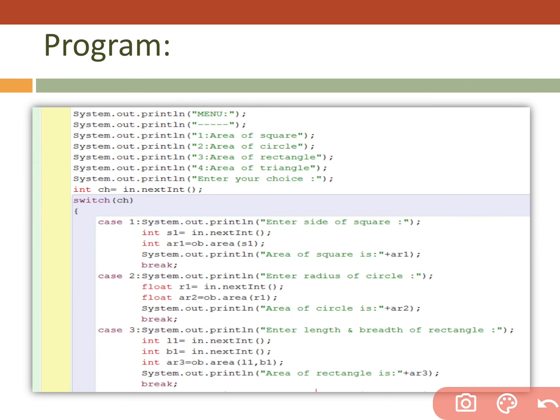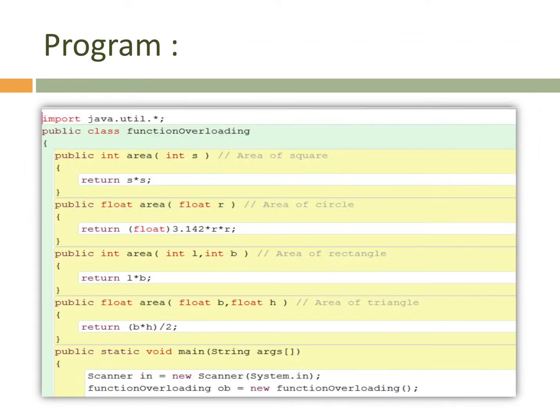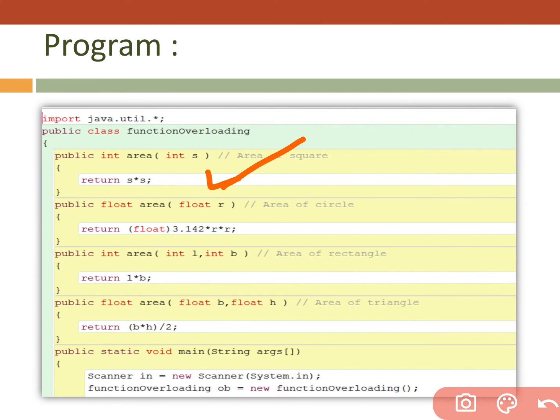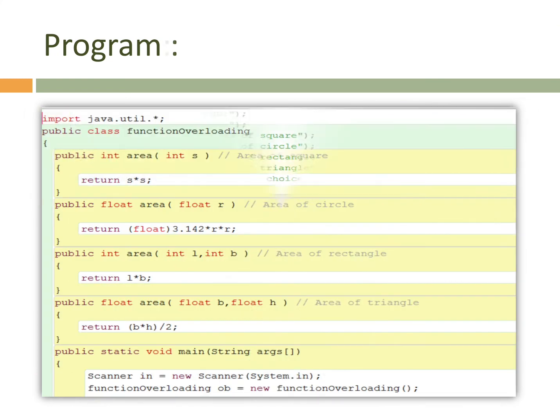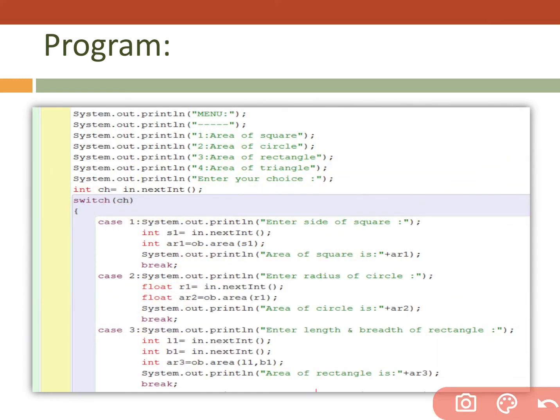And see, the second one, now I want the radius of the circle. I'm storing that radius, then I'm passing it with the function. And again, when we are passing that function, the radius is received by r, and this one occurs, and we are returning the answer back to the calling function. This one is our calling function, and the answer is returned back to area2. That's why I'm displaying area2.